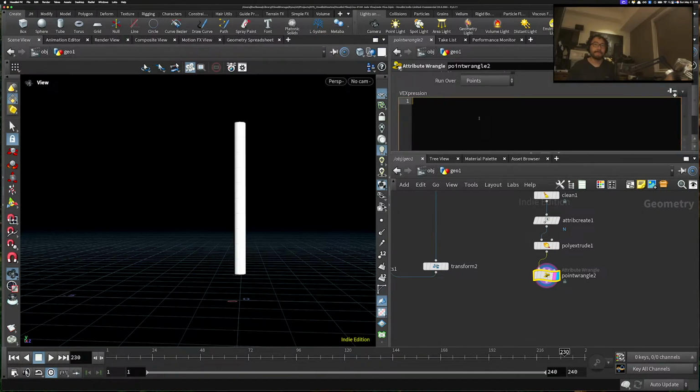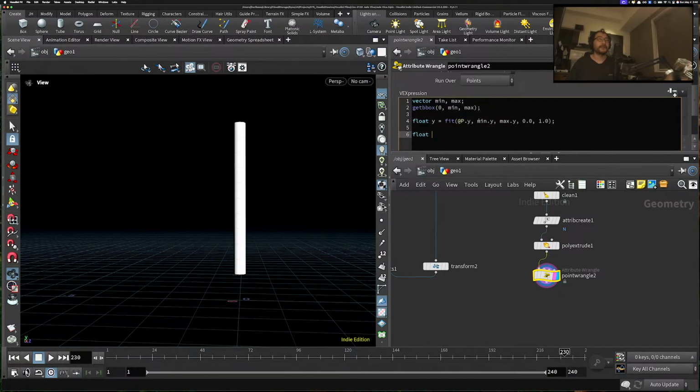So first thing first, let's get the minimum and maximum point position of this geometry by get bbox. Now let's remap this Y value of each point based on the minimum and maximum to 0 and 1. Normalize this. Okay, now that I have a normalized value in between 0 to 1, I could now